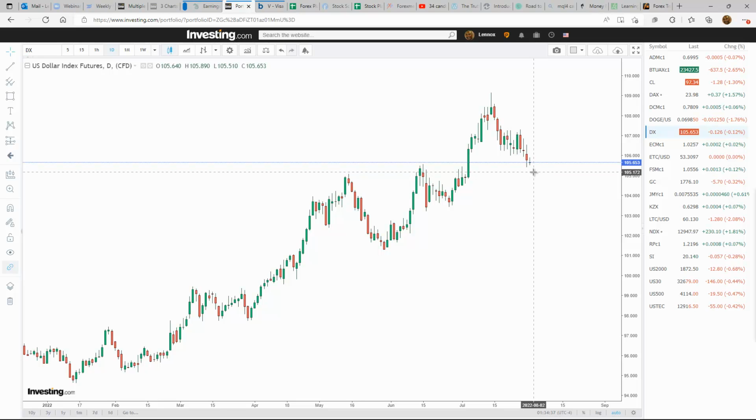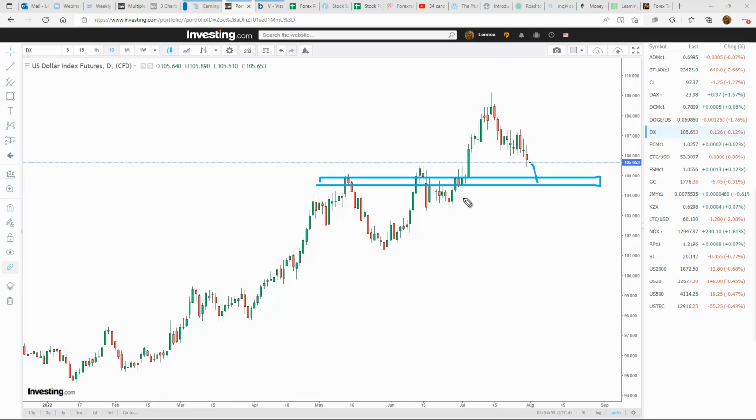And on the daily, you can see again we've been in an overall move to the downside, and the next line of support is right in this area here, and it looks like that's where we're heading at this point. We could even go a little further to the downside, but just for this week, we are looking for a retrace back into this area. Whether we get a bounce here or we drop one more time, we'll see. But overall direction is down for the U.S. dollar.